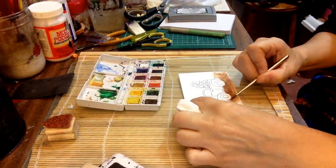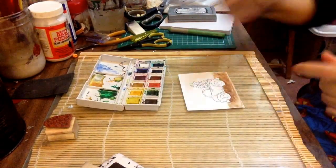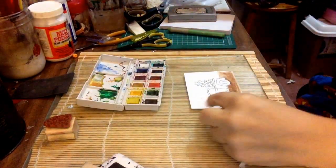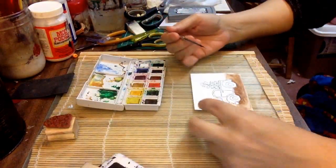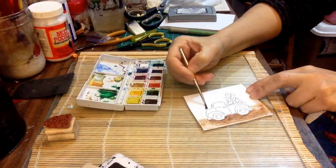Nice thing is that the dry parts stay nice and crisp because you didn't wet those. So I don't know if I'm cutting it out wet, but I'm just kind of playing with it like that. So I could be just cutting out, but I thought, well, maybe I'll just do a background. Maybe I'll use a punch. I don't know. So now I'm just going to probably do the up higher parts here,